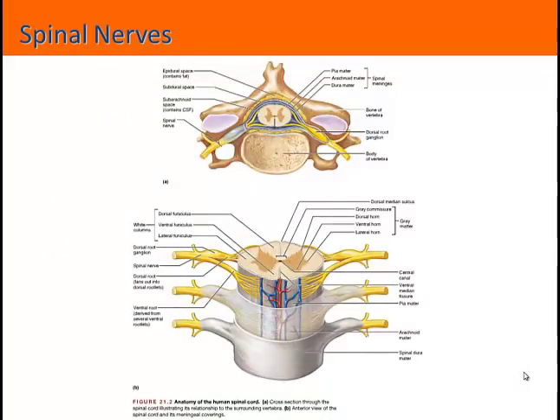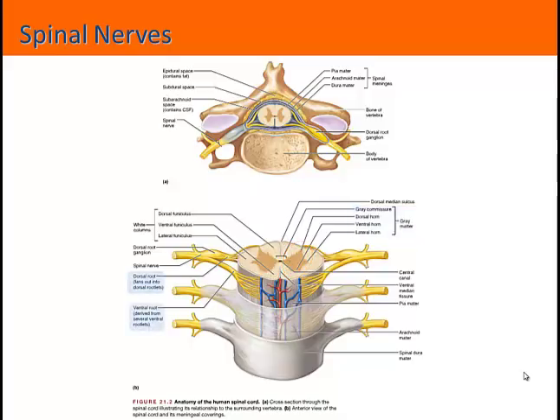So just as a bit of review from last week, we talked about the spinal cord and the gray and white matter in the spinal cord, spoke specifically of the three horns of the gray matter, so the dorsal, ventral, and lateral horn. Remember that the dorsal horn is where sensory information will relay from the periphery. The ventral horn is where motor output originates, so the cell bodies associated with motor neurons reside in the ventral horn. And the lateral horn are where the cell bodies for the autonomic nervous system reside. And we'll talk specifically about that as we move forward.